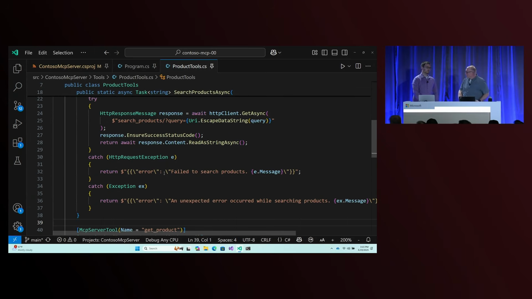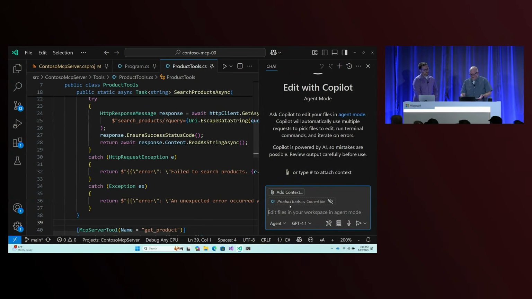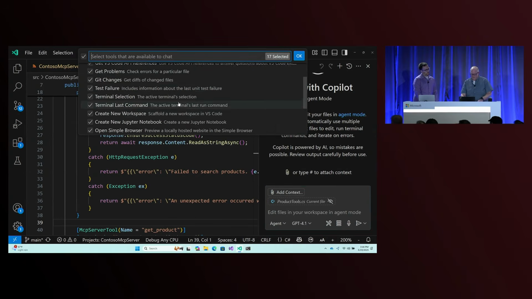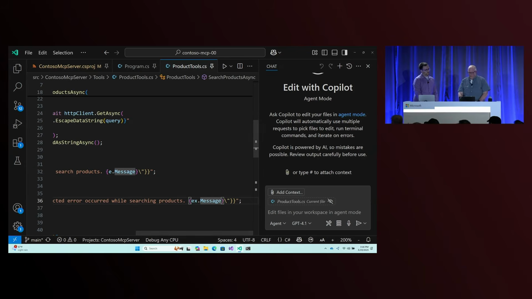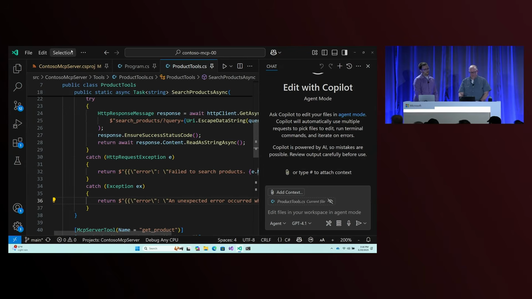So now that I have this working, I want to test this. And it's an MCP server. I think, when we think about what we showed earlier with WSL, I actually have an agent sitting right here in my development environment that should be able to exercise this MCP server. GitHub Copilot, right? Yeah, GitHub Copilot, exactly. So if I bring this up, the problem is, I look at these tools, and my server doesn't just show up here. So what VS Code has done is make it possible for you to add local servers in